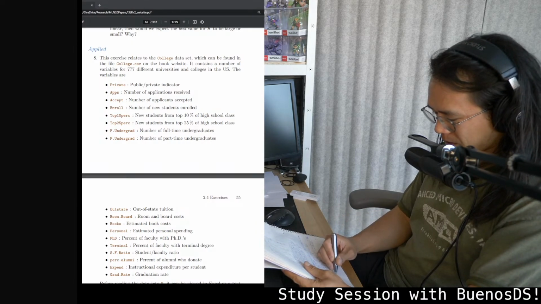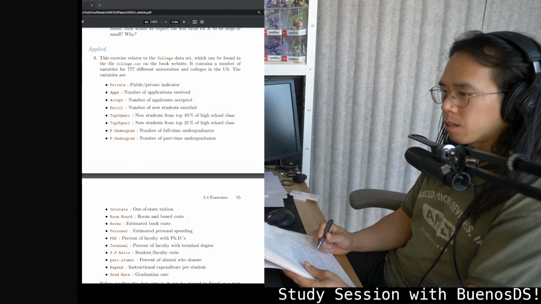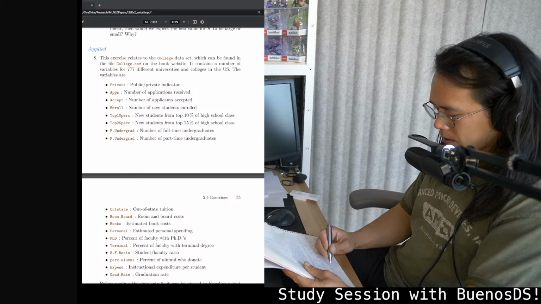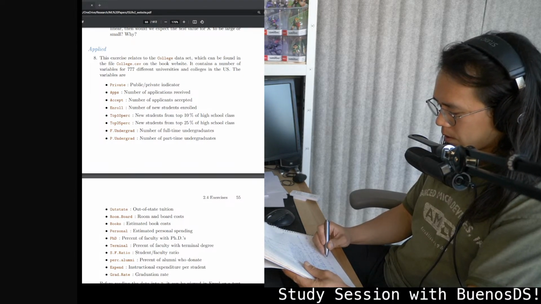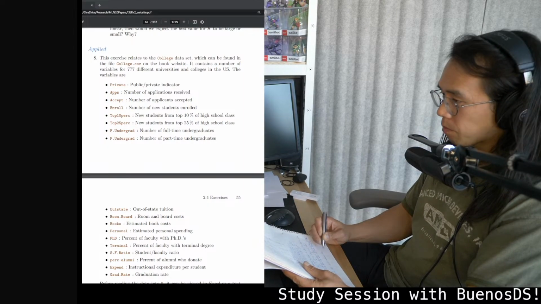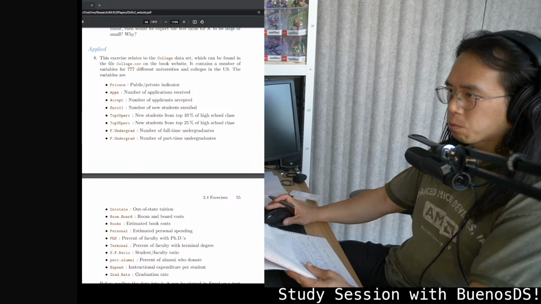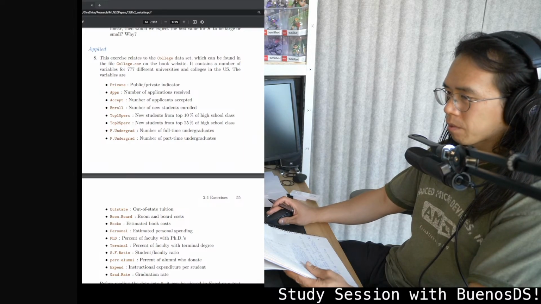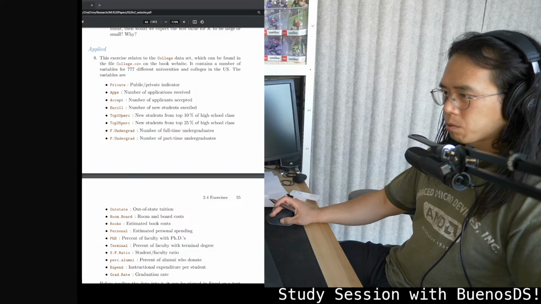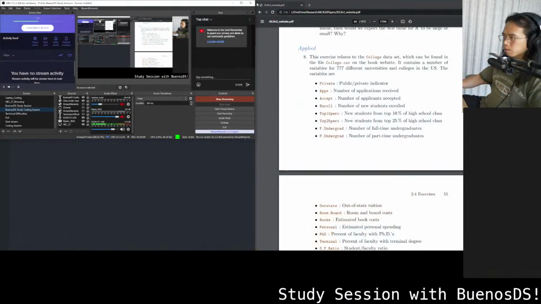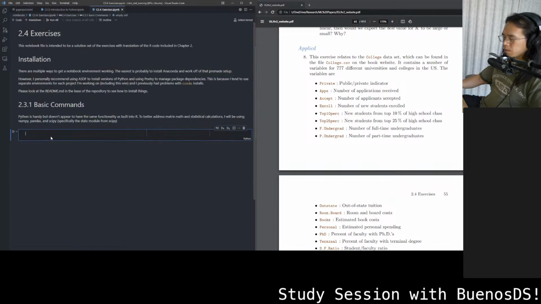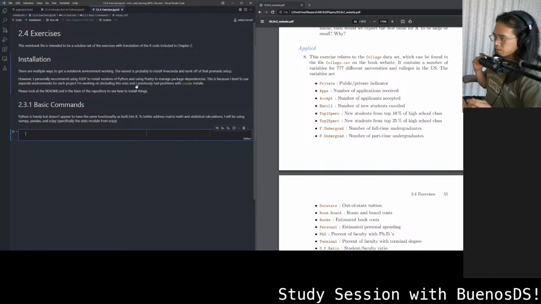Problems 8 through 10 are in the chapter 2.4 notebook file. File, not files. Yeah, okay, cool. So now we are going to switch over to the coding session and minimize OBS. I wrote this notebook file last time, and what we're going to do now is basically for number 8,